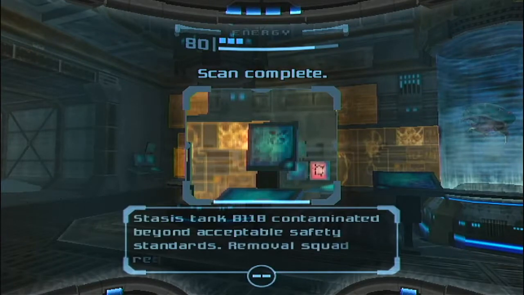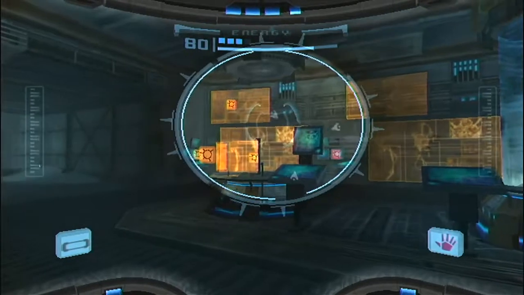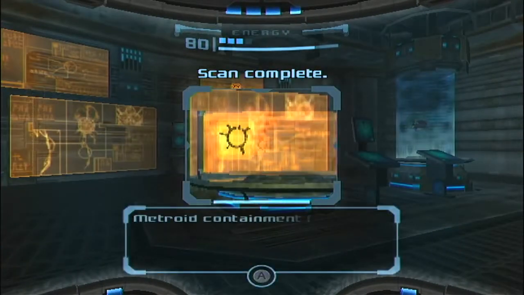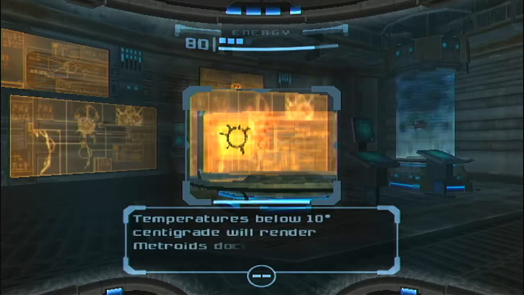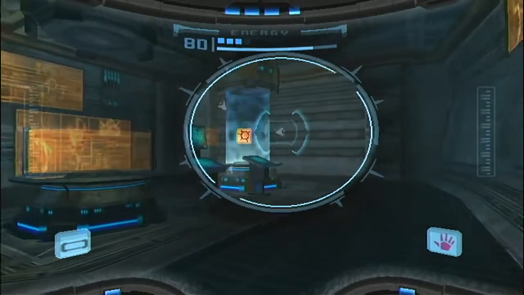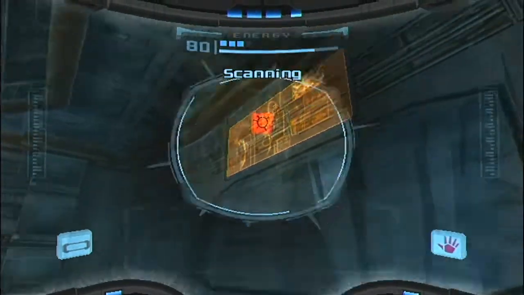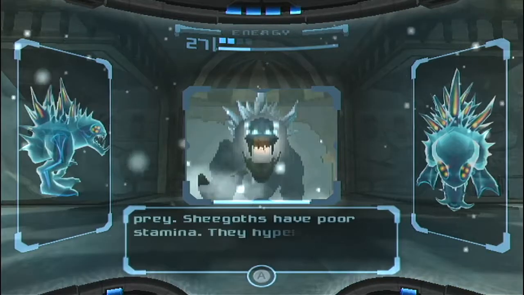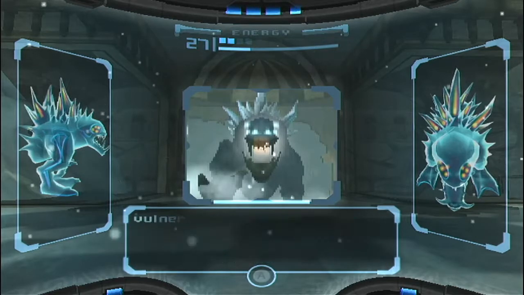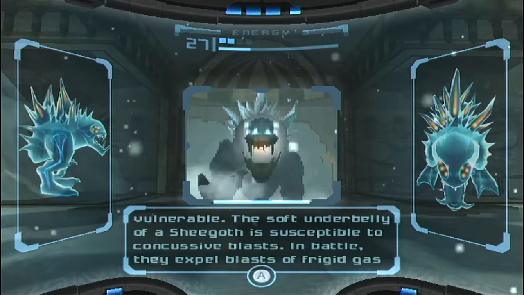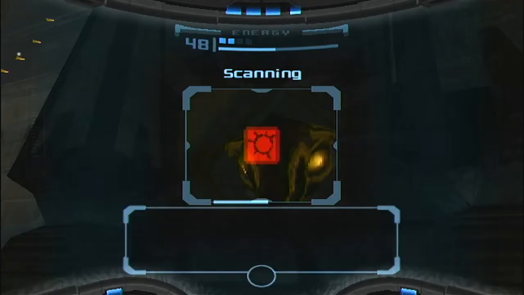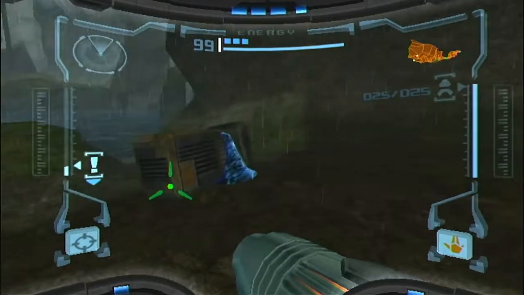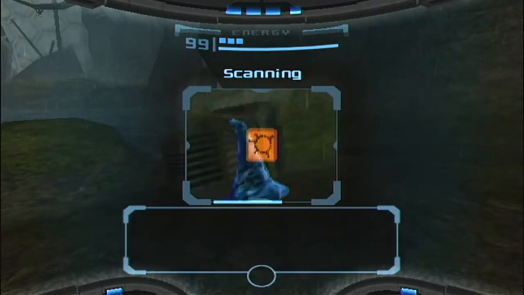When switching the view over to the scan visor, the environment becomes populated by hovering icons. These icons offer up different results when scanned. Sometimes her suit computer translates an alien language, sometimes it adds a journal entry to her collection, sometimes it provides a hint for getting past a boss, and adds the info to her bestiary. Sometimes it provides hints for environmental puzzles. In general, it bolsters the game's environmental storytelling,